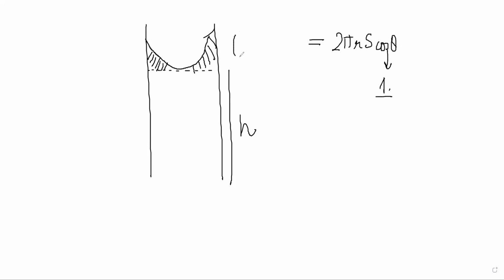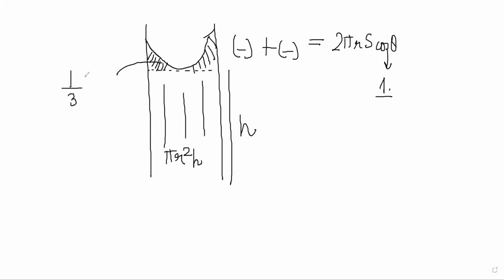He's adding the weight of the liquid in the cylindrical part and the weight of the liquid in this part, right? And this part is coming out to be basically 1 by 3 pi r cube, right? Basically the volume of the cylindrical part was pi r square h, and this part is coming out to be 1 by 3 pi r cube, right? Volume of the shaded part. You should probably remember this because it will be hard to derive it in the exam.